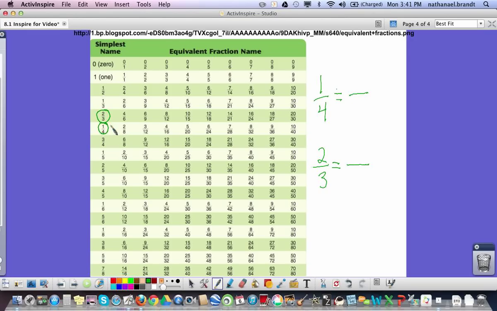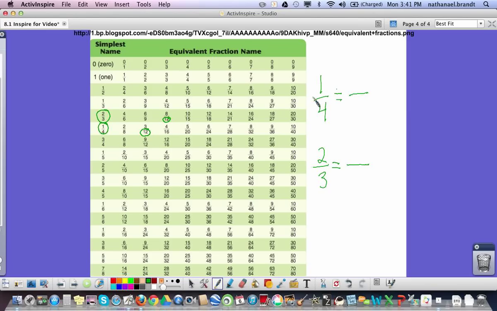So as we go out, we have 2/3 is the same as 4/6, and 1/4 is 2/8. So 6 and 8 are not the same. So we have to go to the next one. We've got 6/9 and 3/12. Those are not the same. So we go out here to 8/12 and 4/16. Those are not the same. But if we look at here, we've got a 12, and here we've got a 12. So these are the equivalent fractions that we want to use to determine